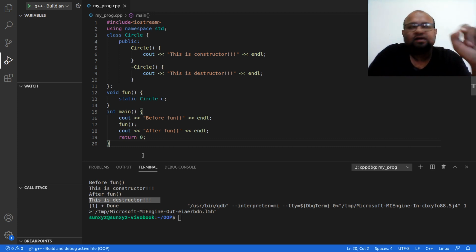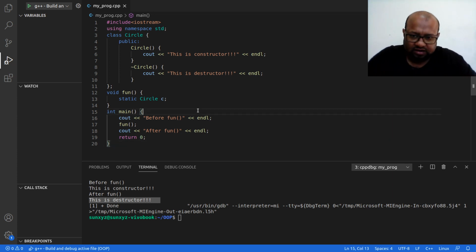If I call the function again, initialization takes place only once. We have already discussed this. If I call this function again, I will be able to access the value that was there. We will soon see this. The important point to remember right now is this: when I return from the function, I do not destroy this object. I destroy this object when I end my program. That is another point to remember.